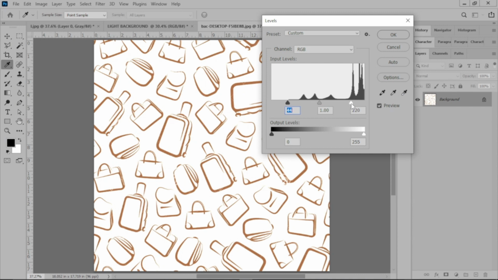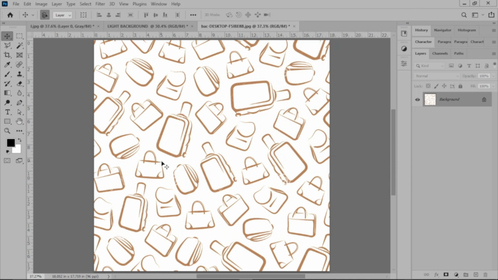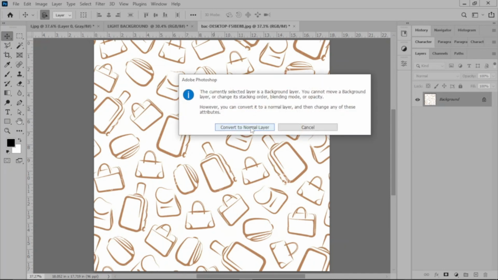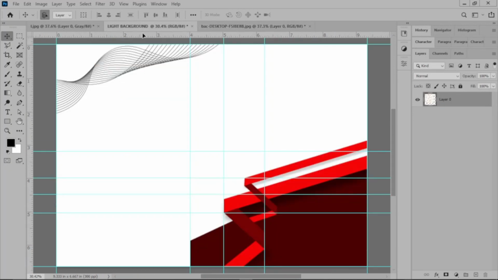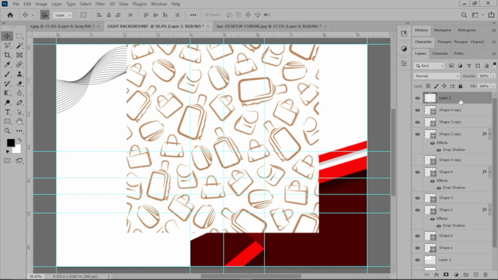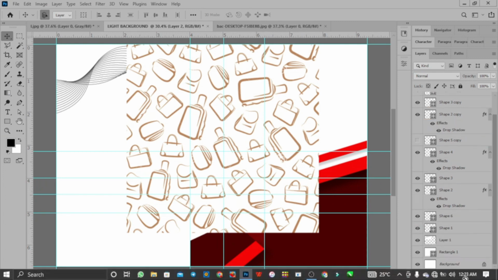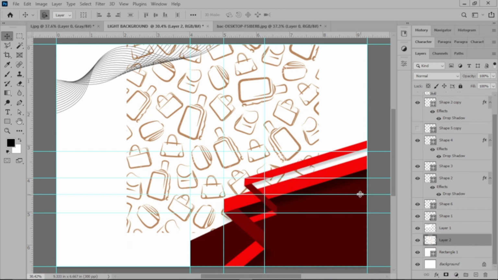Okay, this is okay. We can still see the watermarks, but not as much as what we brought in first. So we can use this. Alright, so convert to normal layer, then we send it to our background. Alright, so bring it down here to the rectangle, then we resize it